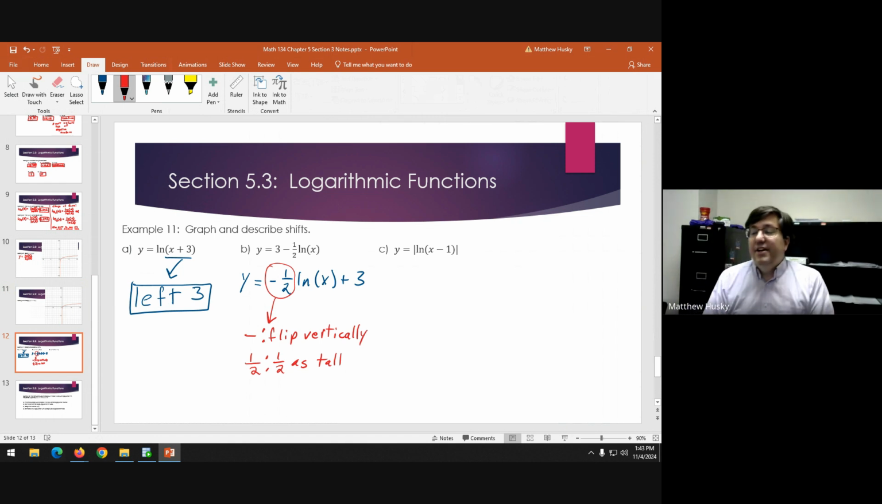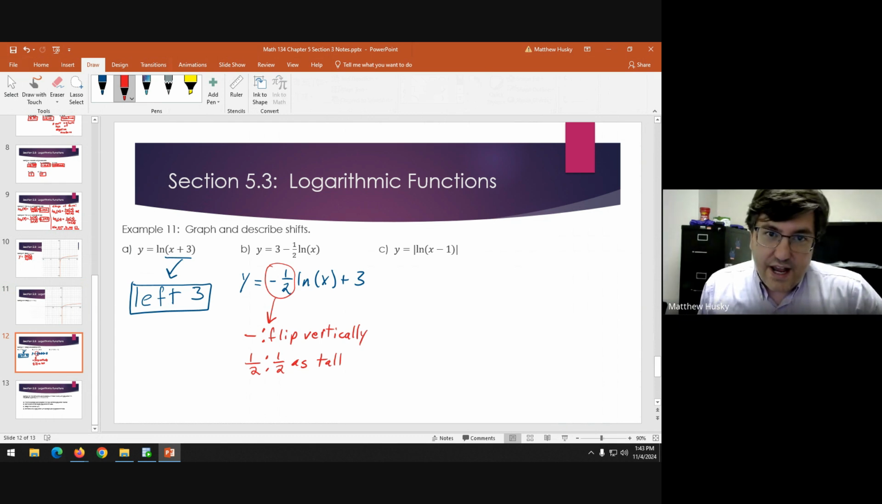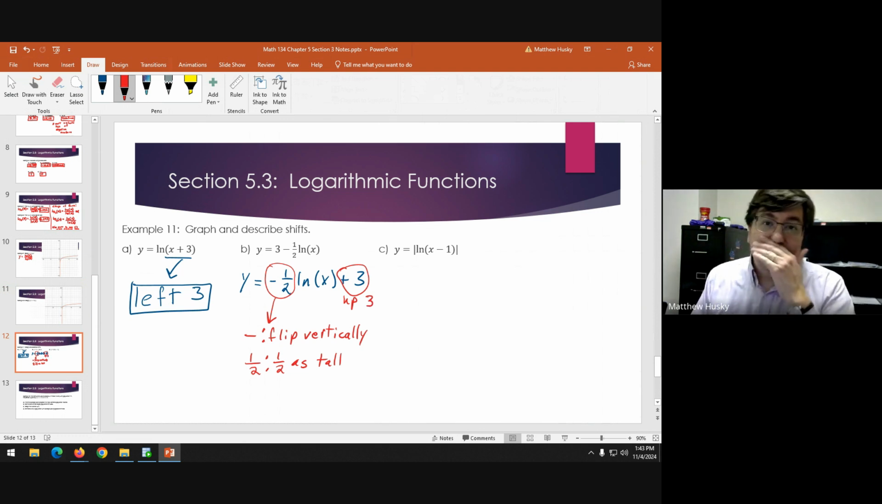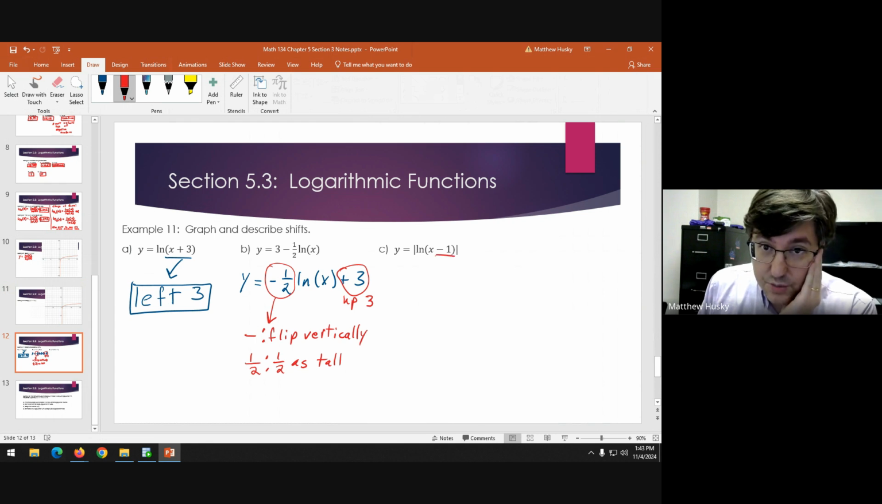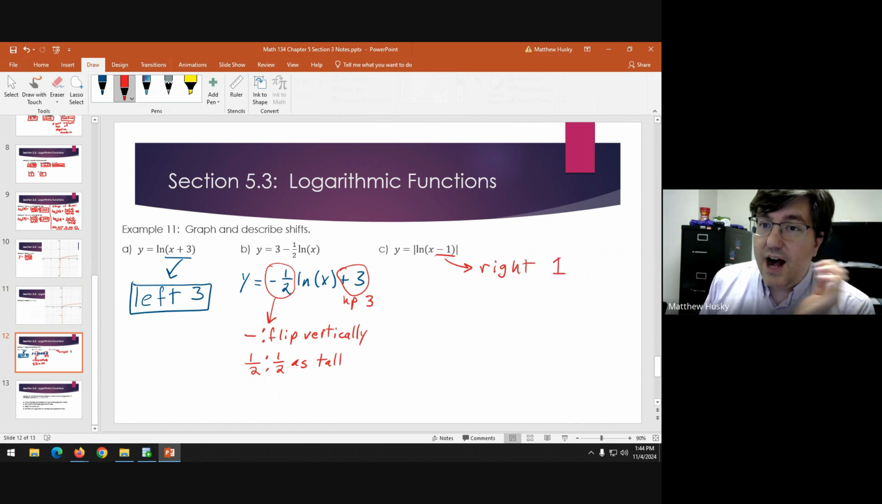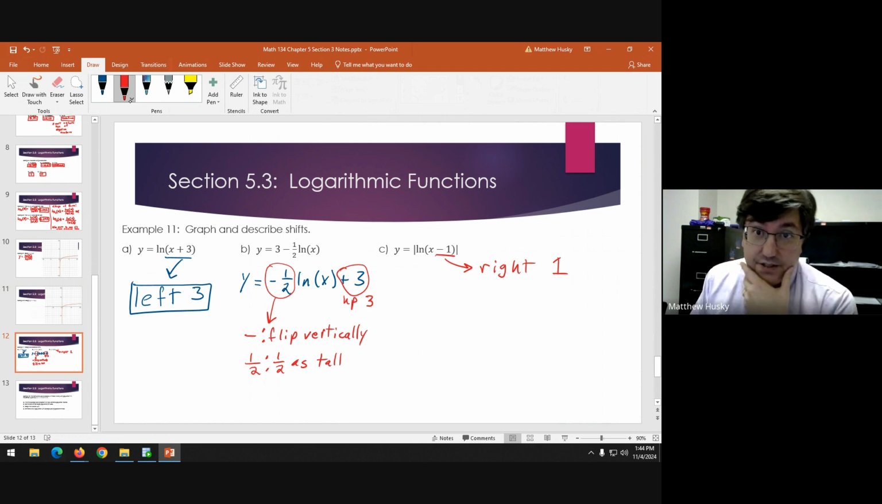Meaning that if it's a half, your intuition might be that it gets half as tall, and that is indeed what happens. It doesn't do weird backward stuff. The +3 is going to move you up 3. This one here, when you have a -1 on the inside, will move the graph right 1 spot. And then this one's kind of an oddball, but what the absolute value does,